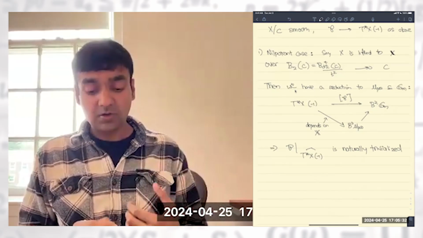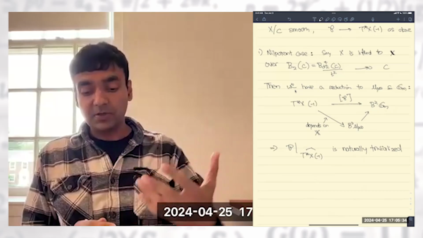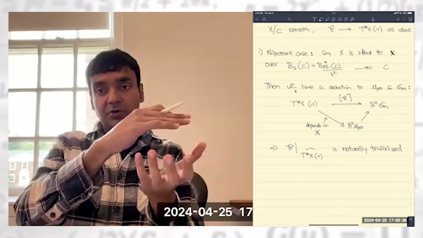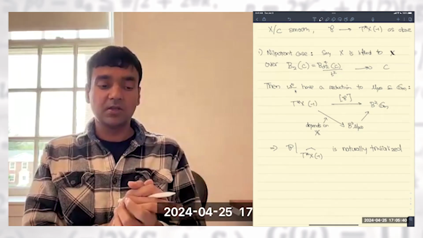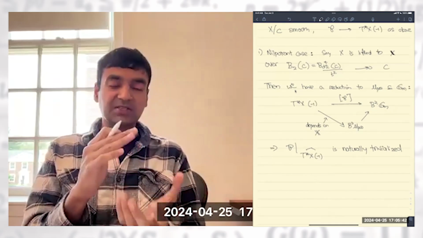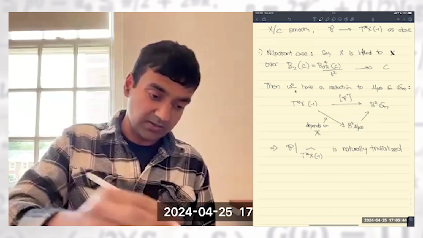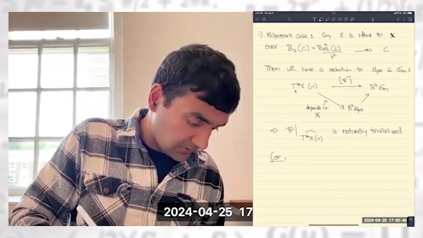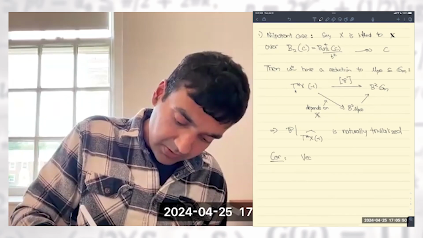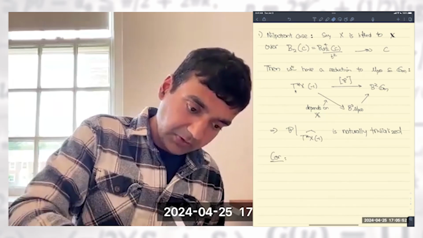What does that tell you? It tells you that if you only care about those Higgs bundles that are supported on this infinitesimal neighborhood, on the formal neighborhood of the zero section, then you can ignore the twist. Being supported on the formal neighborhood means exactly that the Higgs field is nilpotent. And so what this tells you is the following corollary, which is if you only care about nilpotent Higgs bundles,